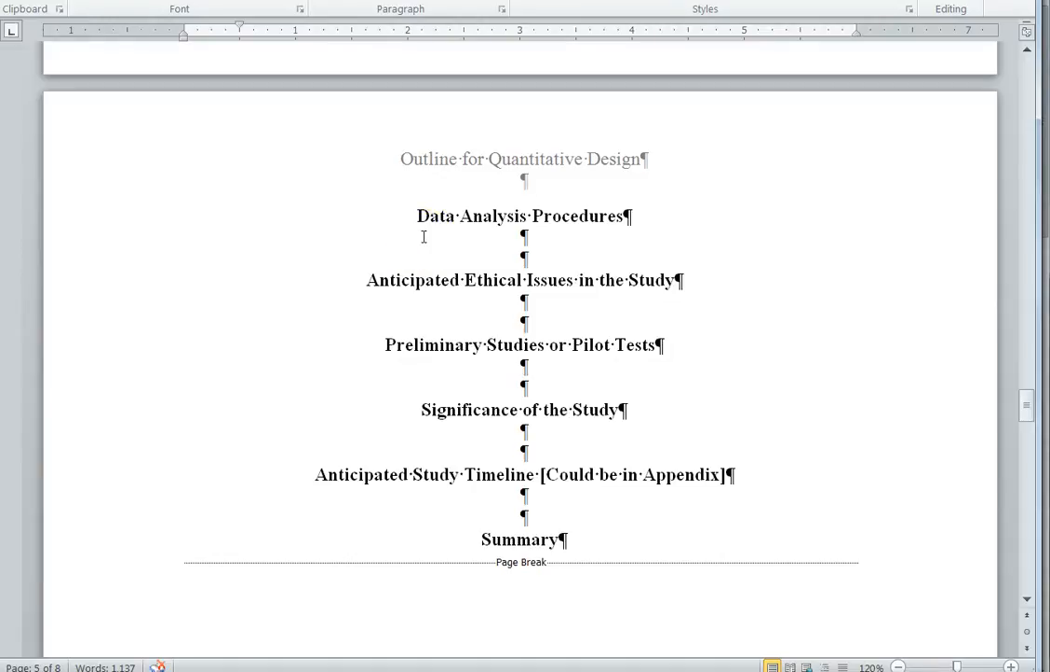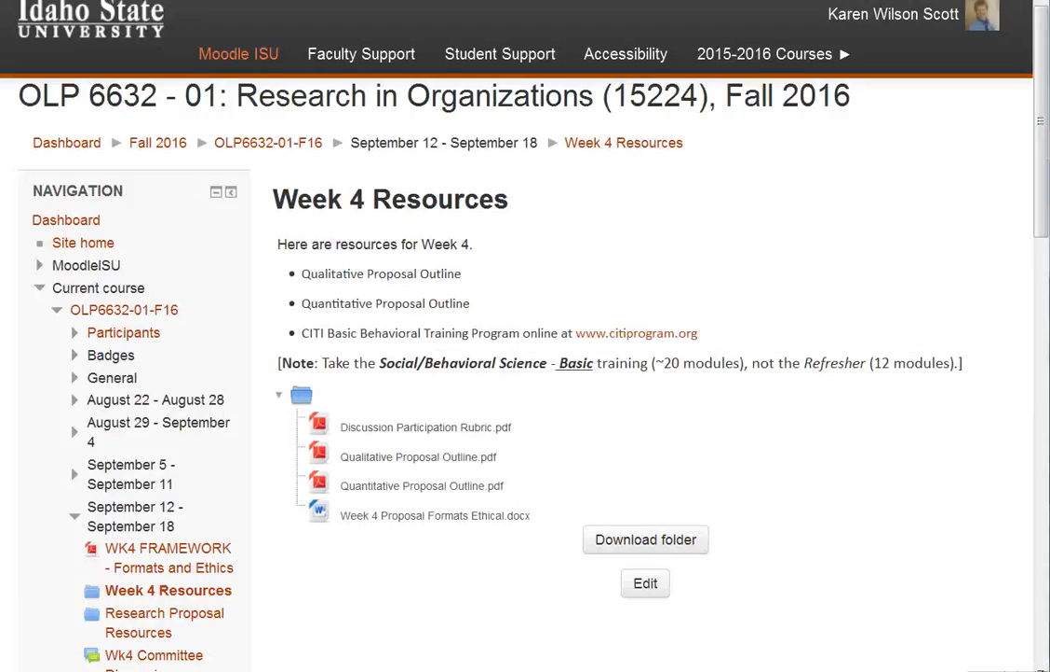Any anticipated ethical issues, any preliminary study that you've done, significance that you believe for the study, the so what of your study. What will we get from doing this study? And then any anticipated timeline. And so that is getting us our